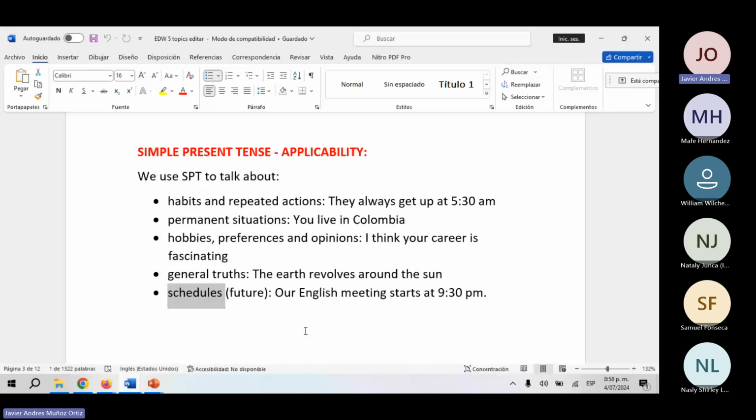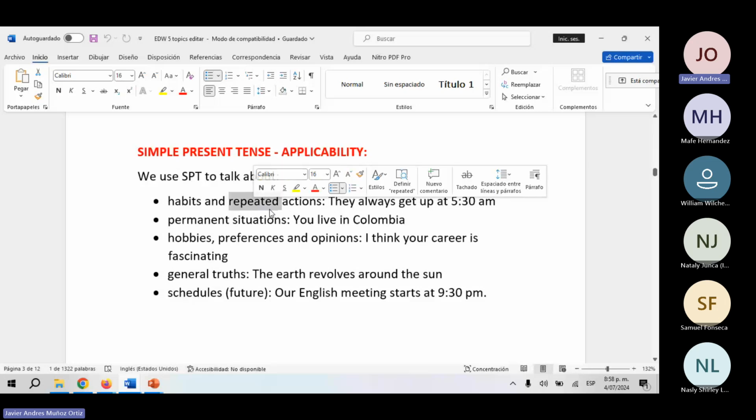And there is a schedule here. We are predicting the future, and this future is going to happen, right? It's highly probable that it's going to be held in the near future. We are predicting the future, but it's highly probable, 99% probability that this event is going to happen. We don't know the future, but the probability of this event happening is too high. So that's why we study simple present tense.